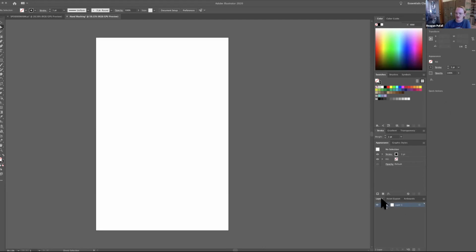I'm also going to pull out my layer. So I'm going to click on this layer tab down here in the bottom left, and I'm just going to pull it off to the side. I can either have it float on its own right here, or I can click and drag it over this edge, and when I see this blue line appear, it tells me that it will drop into there. I'm going to go ahead and do that